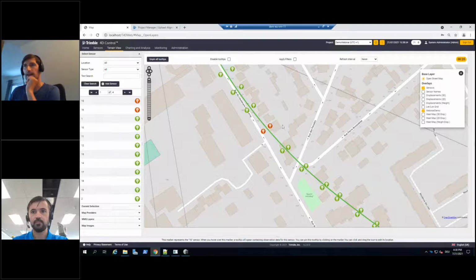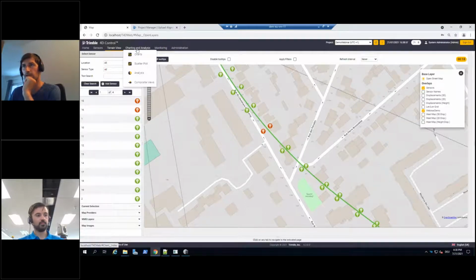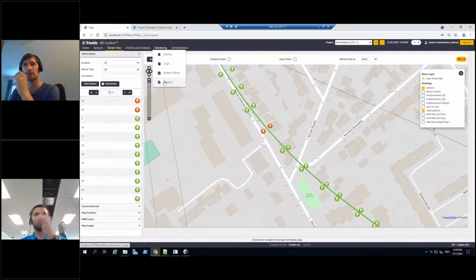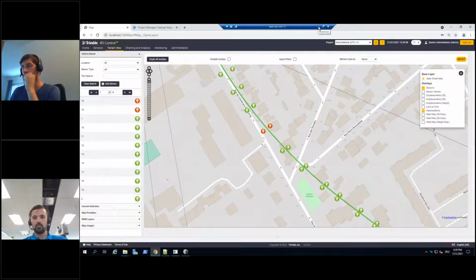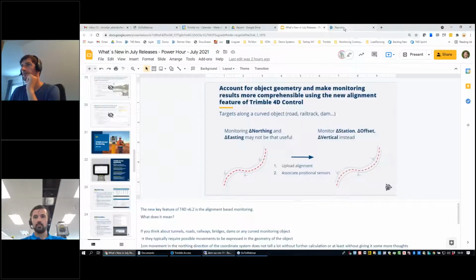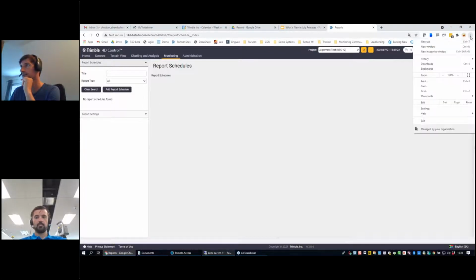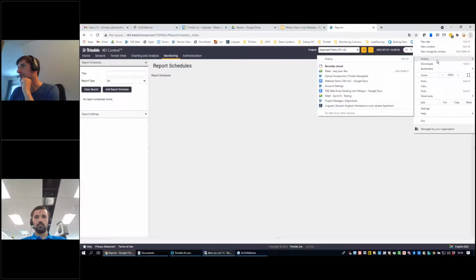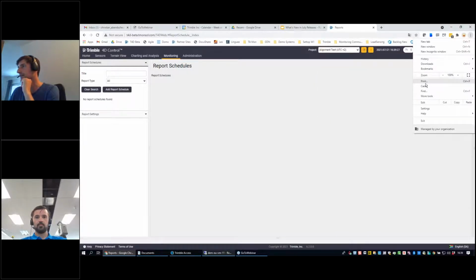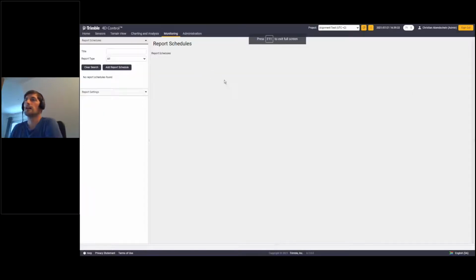Okay, and then another thing I want to demonstrate is the reports functionality. The reports functionality, of course, in terms of alignment-based monitoring, because you can also include station, offset and vertical values in your positional sensor readings report. To do so, I will quickly jump to another system. The reason for this is that I had some issues with sending out alarm emails, but it doesn't really make a difference, right? I can also use this system here. So